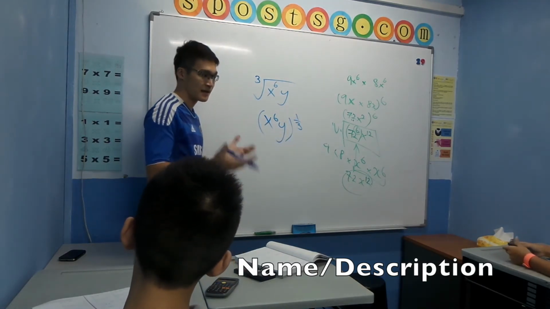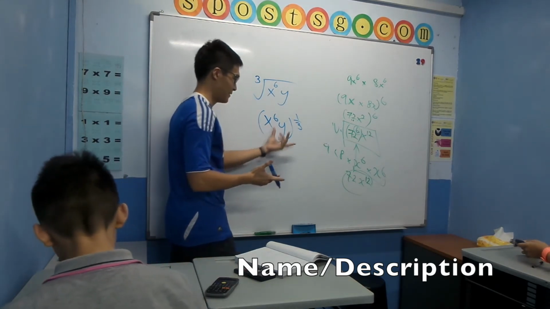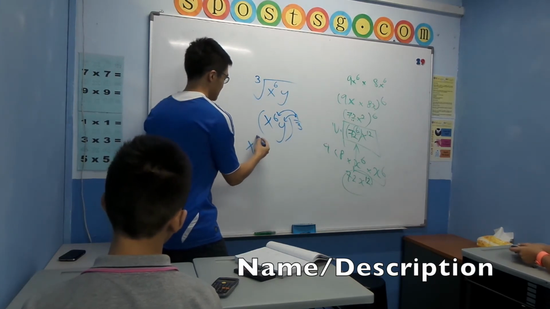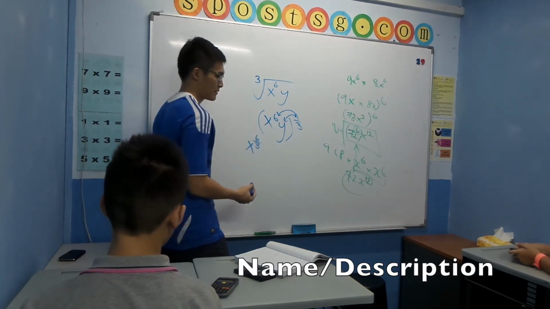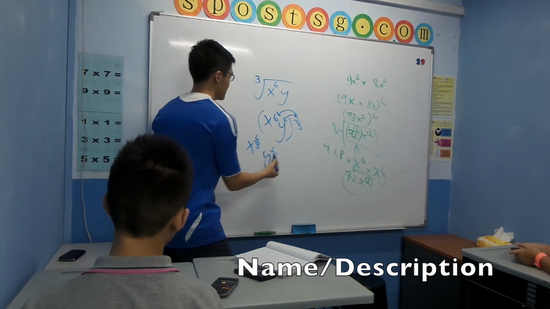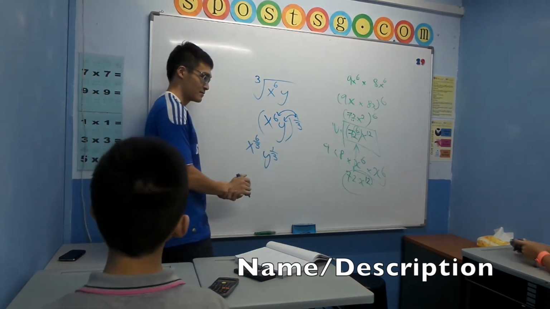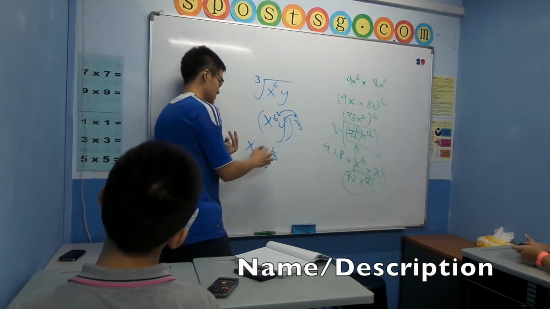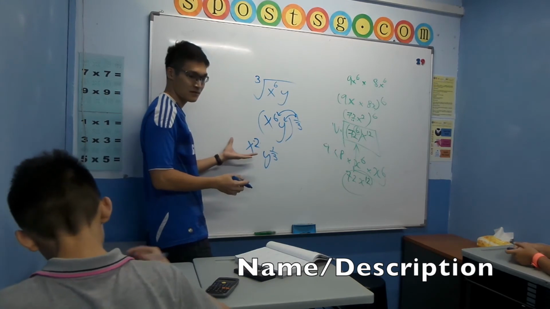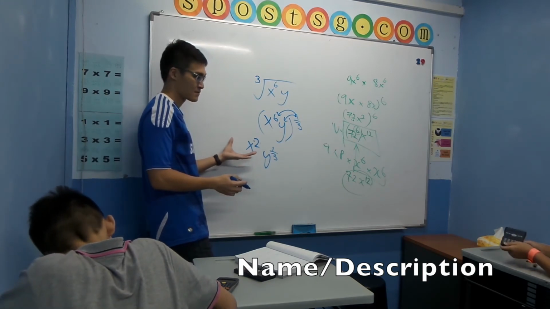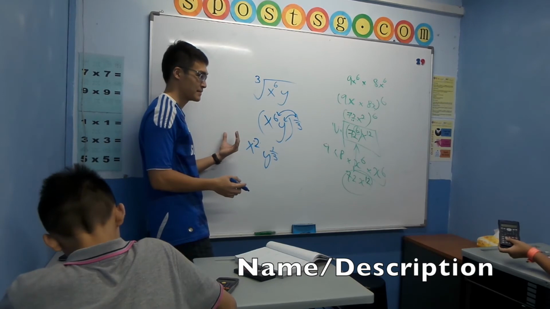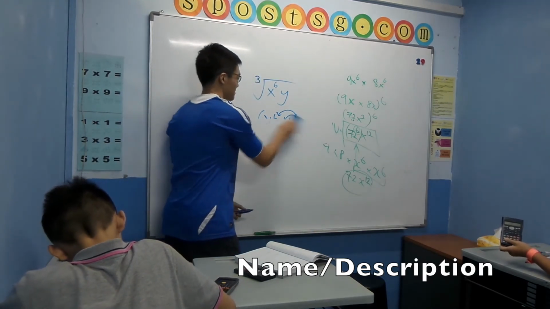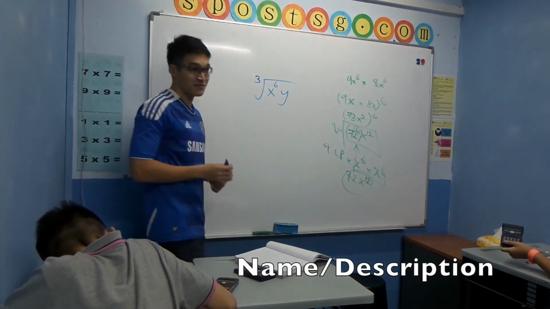Can, so now I separate my x and y. I put this thing inside. So x to the power of 6 over 3. Agree? Y to the power of 1/3. Agree? So 6 divided by 3 will give me 2. So y to the power of 2. Solve. Do you understand? So we all just do, then tell me the answer. Same thing for the second part.